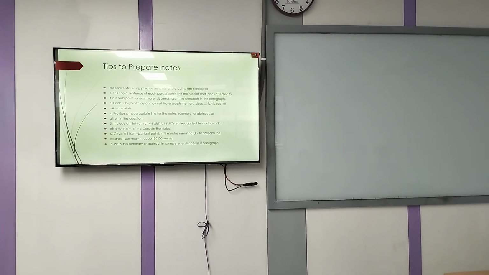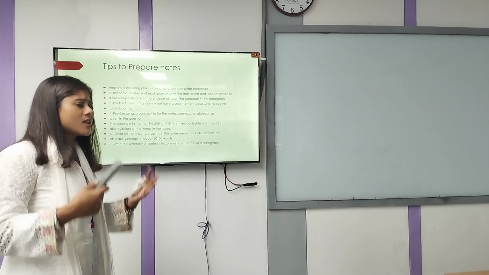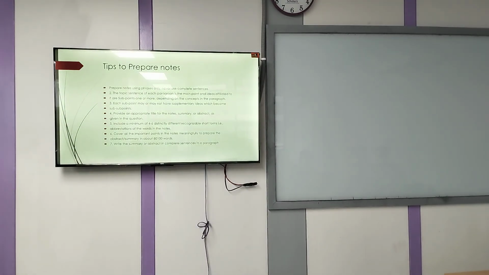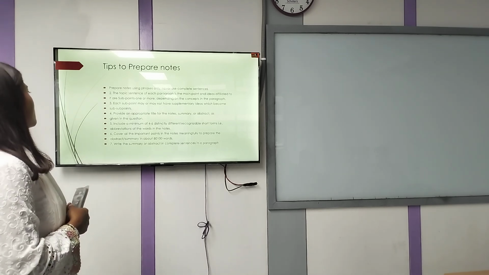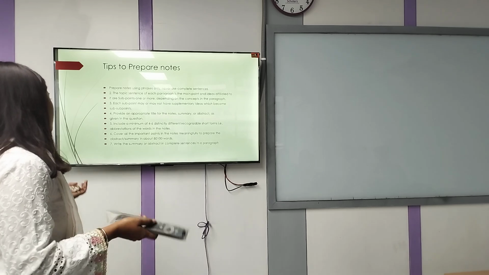Then number 5, include a minimum of 4 to 6 distinctly different recognizable short forms, abbreviations of words in the notes. As in the last class we have already discussed, you will communicate with your boss what the key abbreviated forms of the words will be, because we have a very short period of time and we cannot take all the information, so we have to use abbreviated words. Then cover all the important points in the notes meaningfully to prepare the abstract summary in about